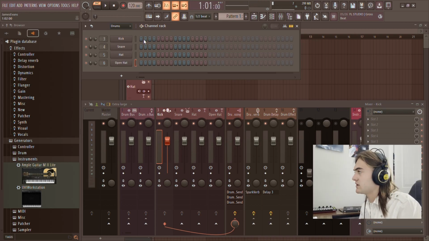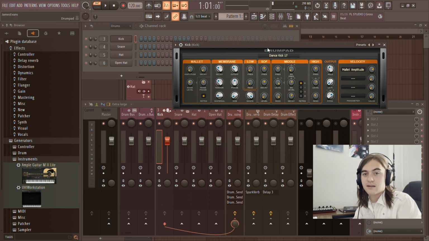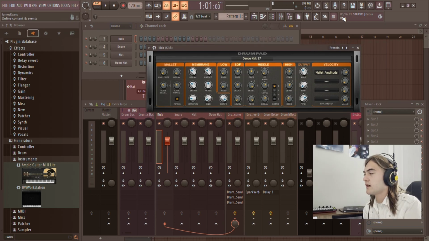I think now is a good time to show the reason why I use this plugin, and that is the extensive preset library. There's a wide variety of drum sounds that cover so many different genres, and more often than not, I use these as a starting point for all of my drum sounds. Just for example, if I was making a dance track, I want to use dance drums, I could go and select one of these presets,